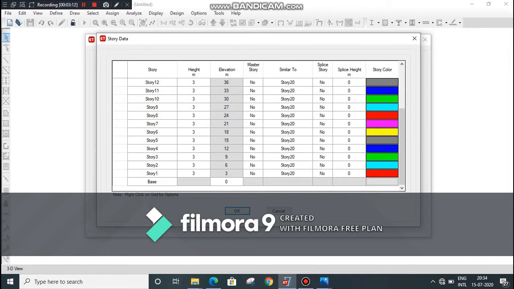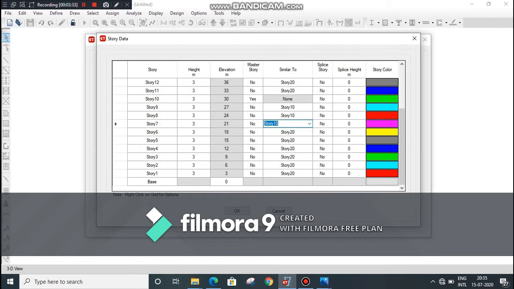From story 1 to 10 we have similar stories, therefore select story number 10 as master story. Click on yes, and the stories from 9 to 1 are similar to story number 10.